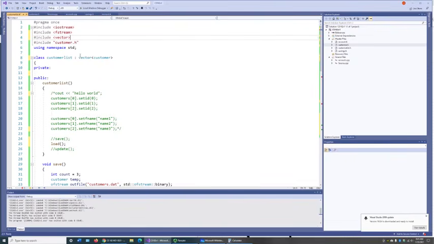Okay, so customer list is going to inherit from vector and customer. So this means that there's data inside the vector class that we're going to be using. So when we add to this customer list vector, we're going to be using the push back, and we're going to be pushing customers onto that. So what we're going to do is we're going to take this code